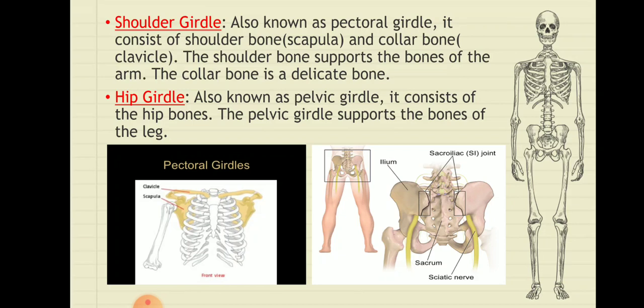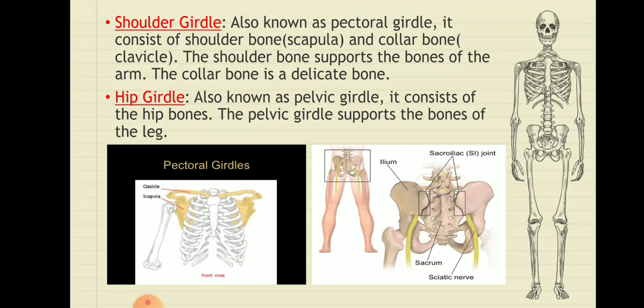So they hold the rib cage in its place, and the collarbone which we are talking about is a very delicate bone. If it is harmed, the whole body gets damaged, or you can say if accidentally it happens, then the shape of the body is damaged. So this is how the pectoral girdle forms a support to other bones of the arm, and it's a delicate bone. The collarbone is also known as the clavicle, and the other name for the shoulder bone is the scapula.